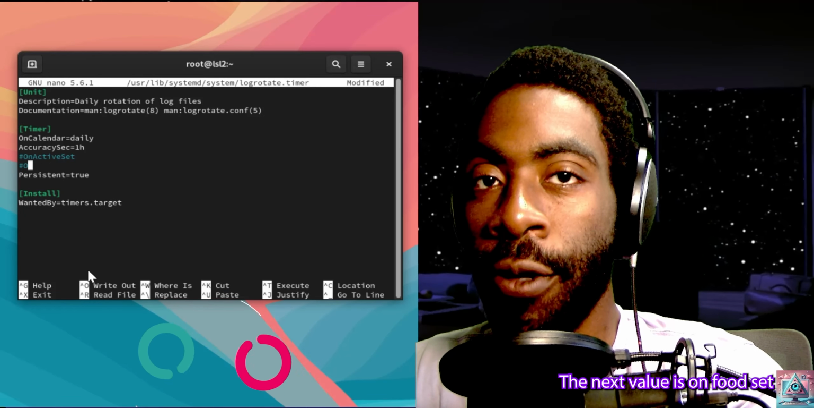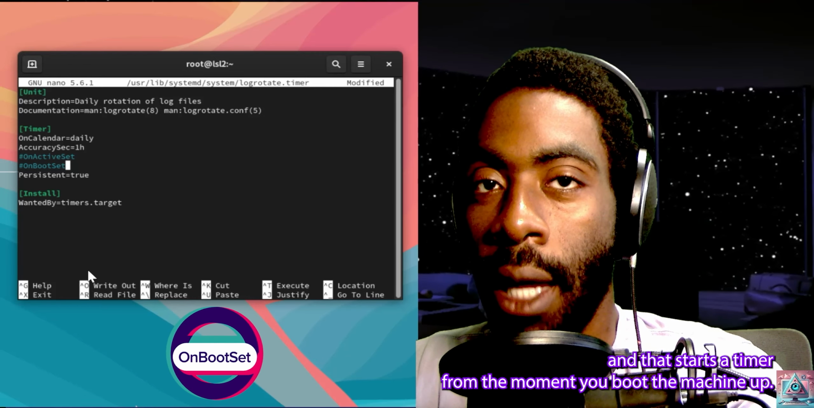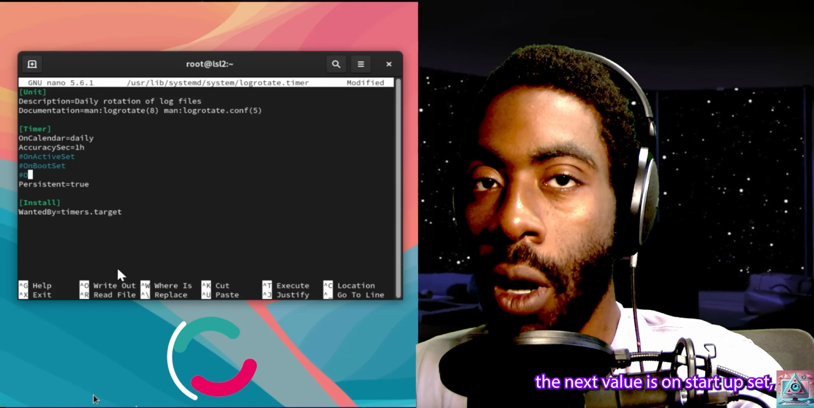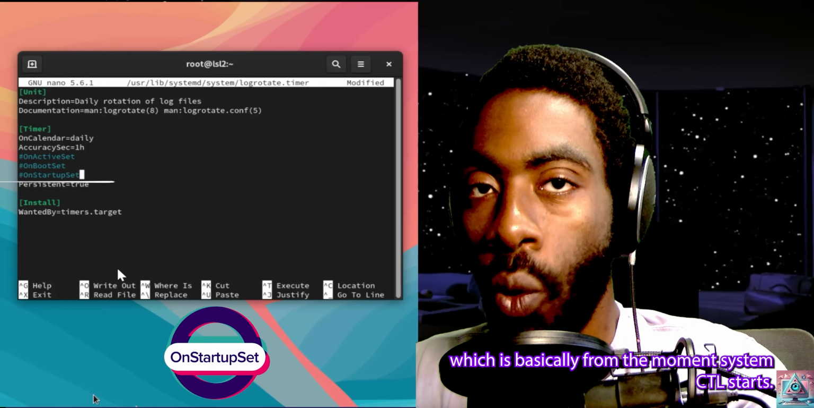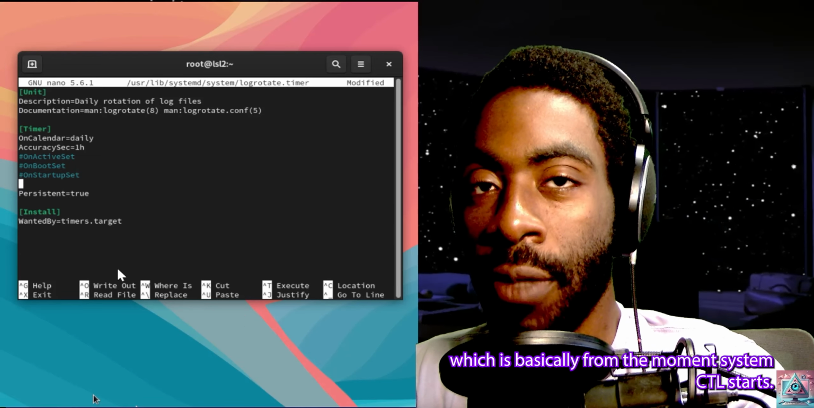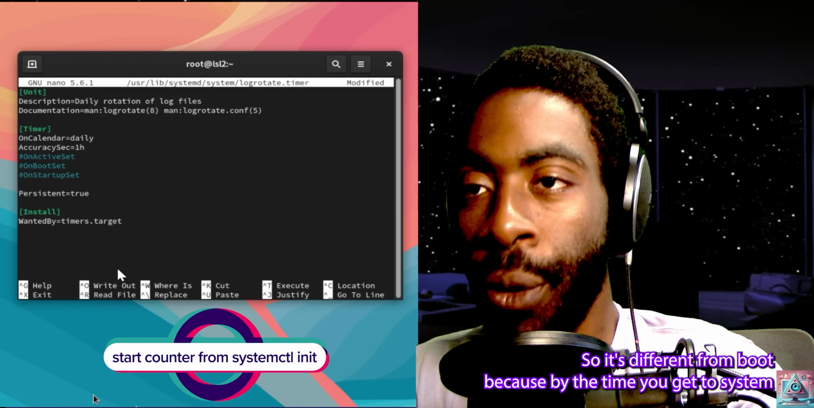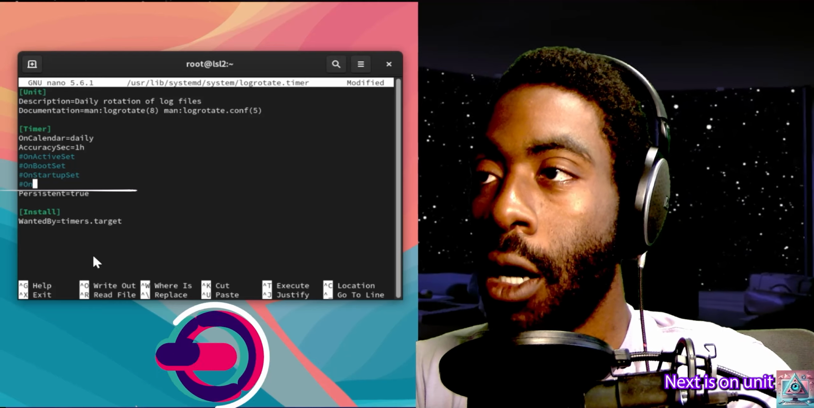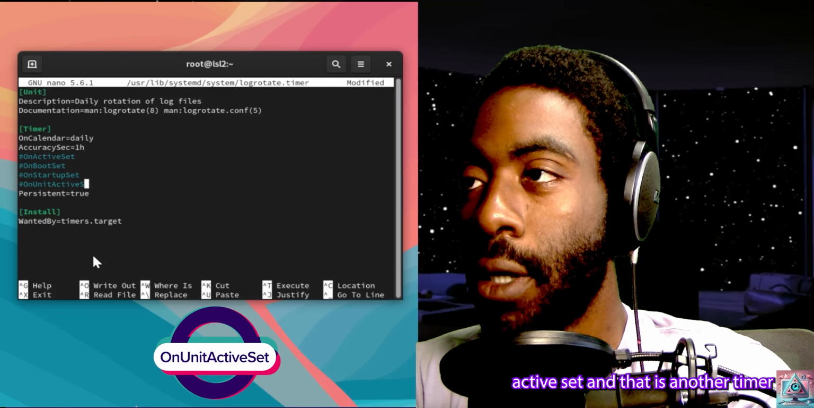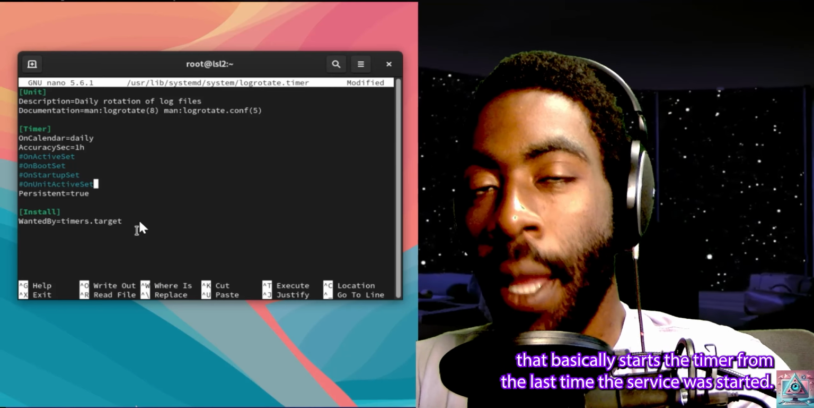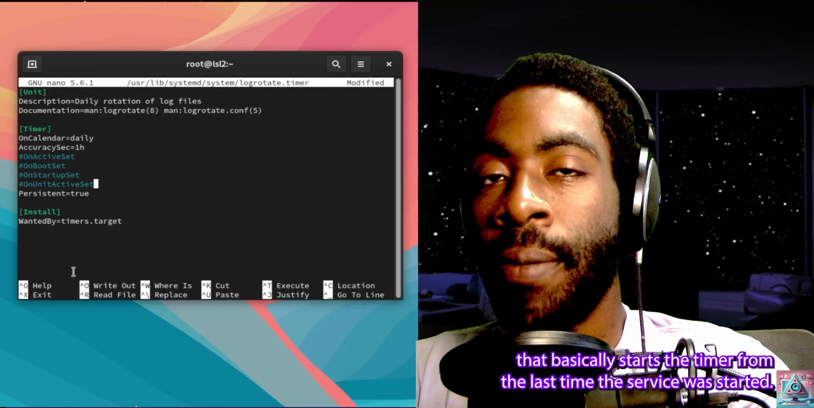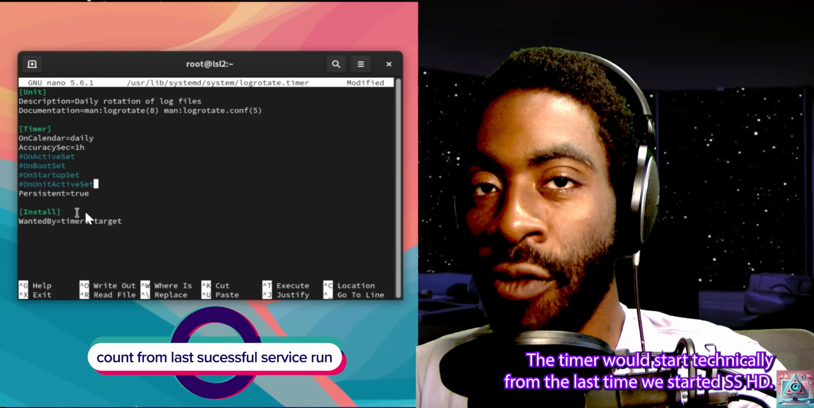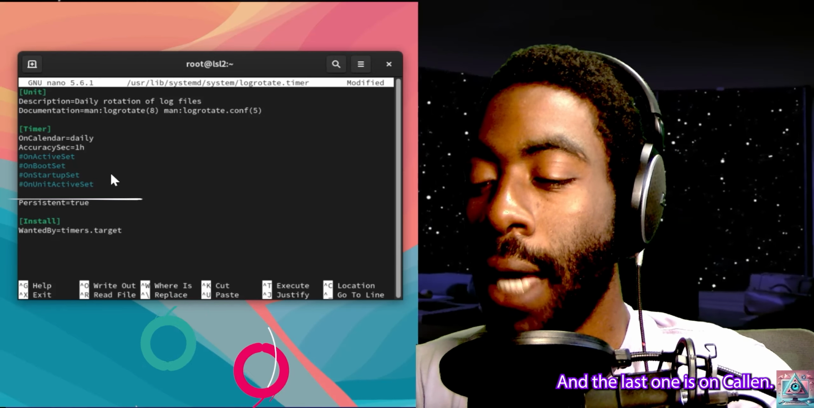The next value is OnBootSec, and that starts a timer from the moment you boot the machine up. The next value is OnStartupSec, which is basically from the moment systemd starts. So it's different from boot because by the time you get to systemd, you're technically already booted. Next is OnUnitActiveSec, and that is another timer that basically starts the timer from the last time the service was started. So let's say we wanted to start sshd. The timer would start technically from the last time we started sshd. And the last one is